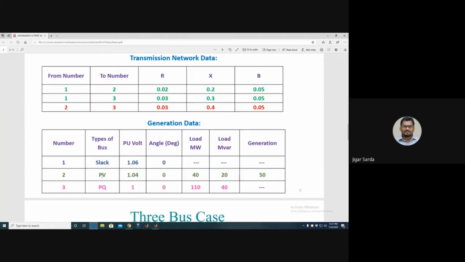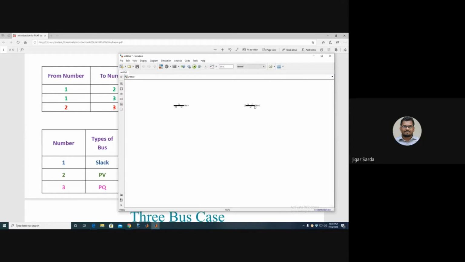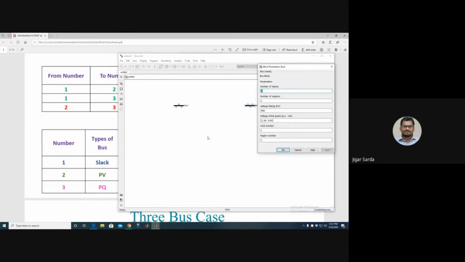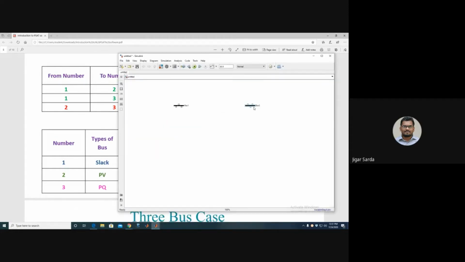For the second bus, it is a PV bus, voltage is 1.04, angle is 0. Double click on that. On the second bus, load and generator both are present, and therefore the number of inputs is 2.